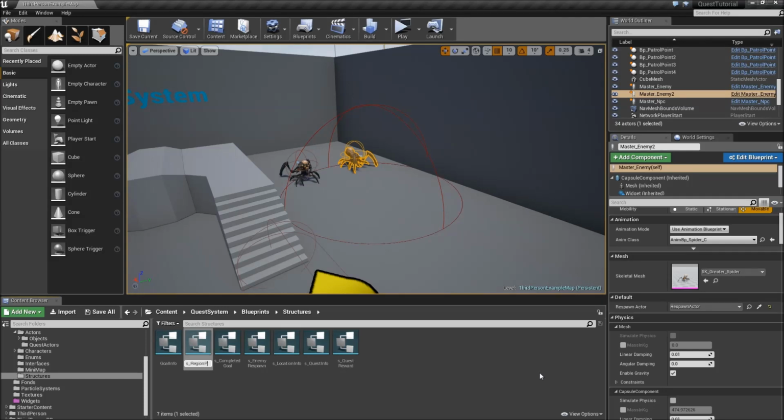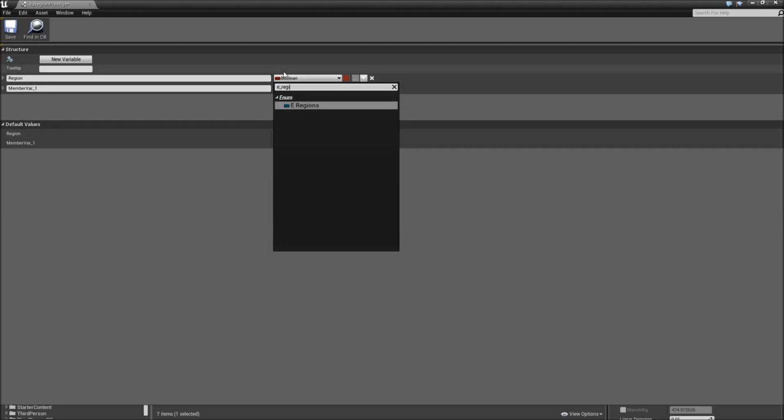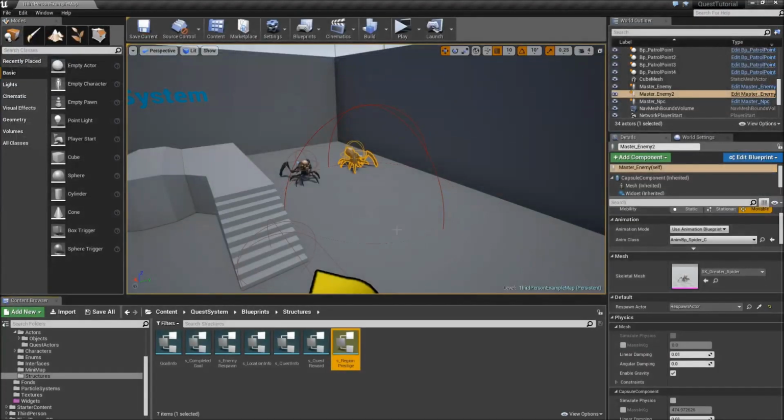s_region prestige. Open that up. It will have 2 variables in here. First is the region, which will be an e_region, and then the next one is the actual prestige for that region, which will just be an integer. Okay, save that. We also want to have a way of displaying our current region and prestige, so we'll go